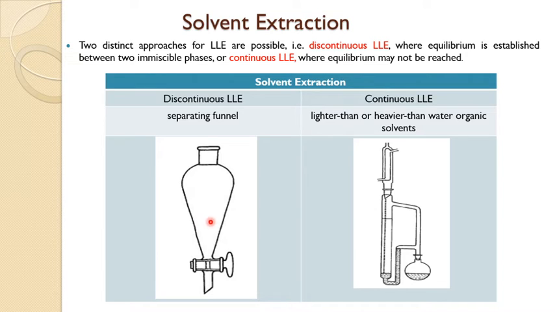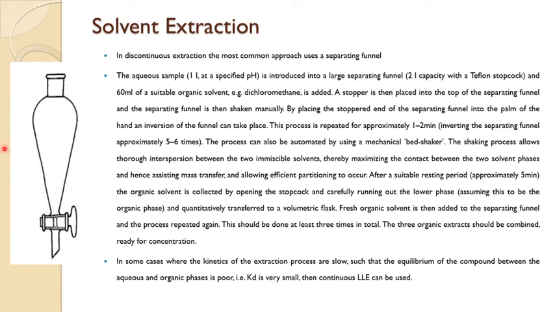After closing, the partition layer between the two layers is present, which you also have to remove, and then collect the other phase. That partition you add again, and get it separated again. You repeat this 2 to 3 times, and then you get your compound of interest very easily. You can see these figures, and these are the description regarding how to handle the separating funnel.